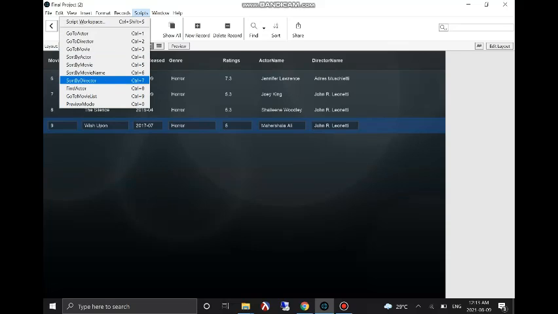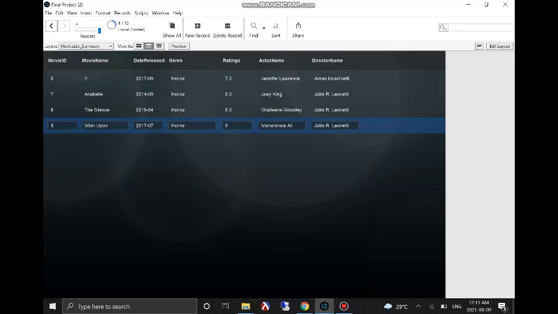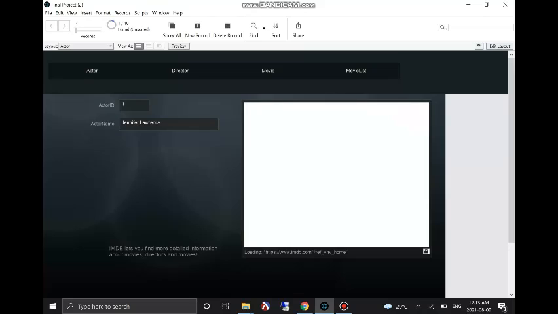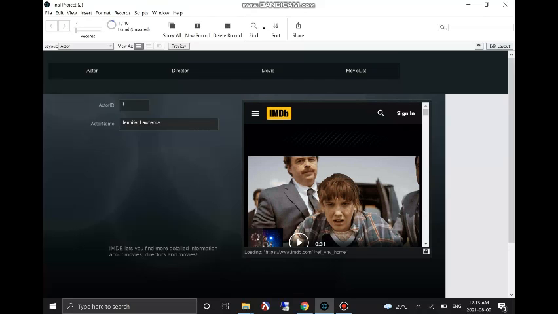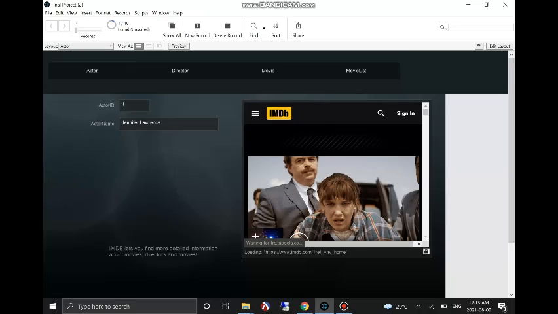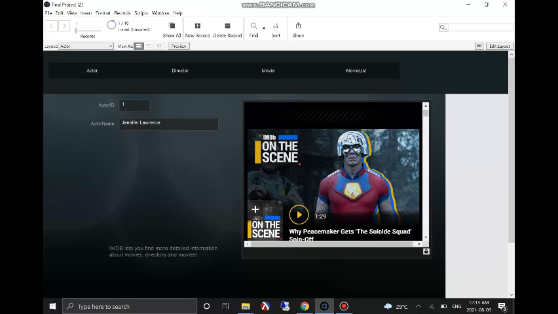And apart from that, we also have the find actor option, where it will take you to this particular window, and you could either find an actor through their ID, or you could write down their names, such as Jennifer Lawrence, like I'm doing right now, and then you press enter, and then you will see that it connects to the information that we added in the actor table layout, and it also links it to their recent work and their trailer and their main celebrity page containing the information of their